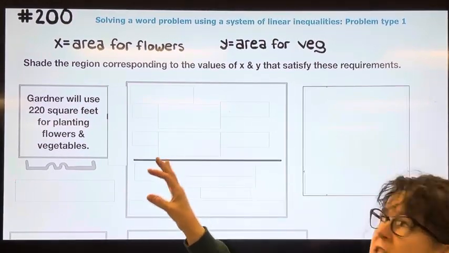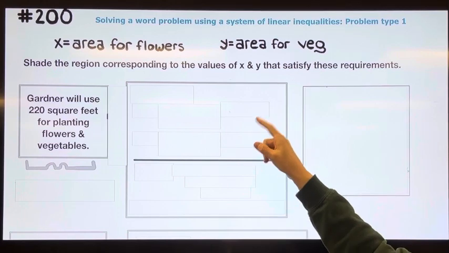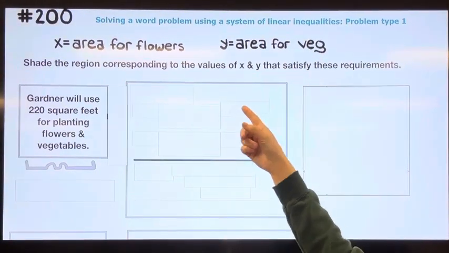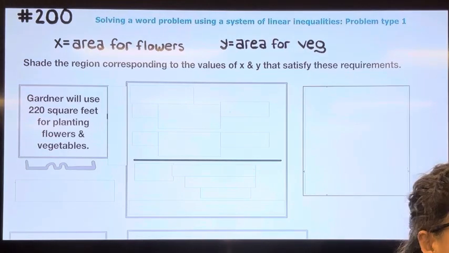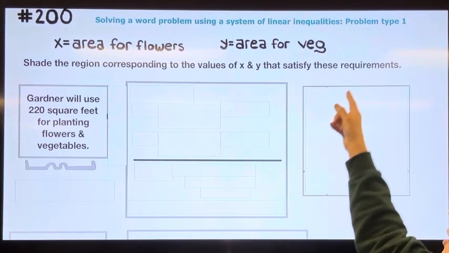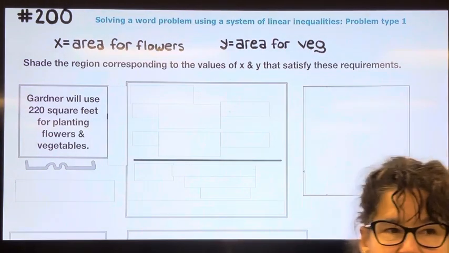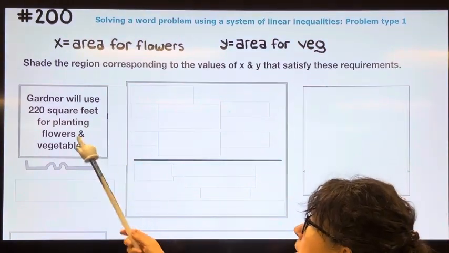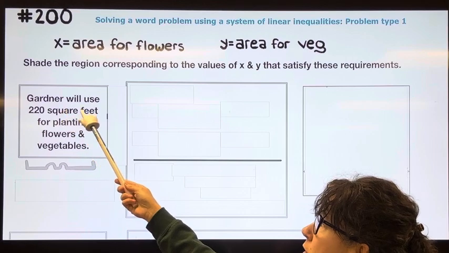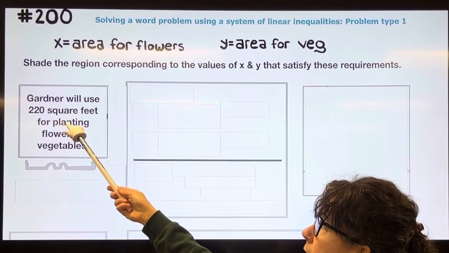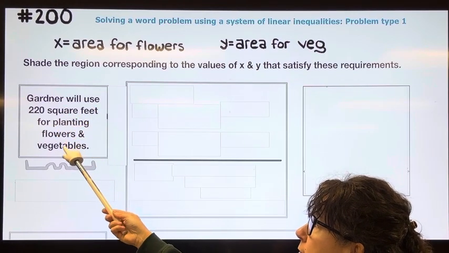I've summarized this story problem, starting off with X is going to represent the area for the flowers and Y is going to represent the area used by the gardener for the vegetables. I called them the veg. And one of the statements that we have is that the gardener will use 220 square feet for planting flowers